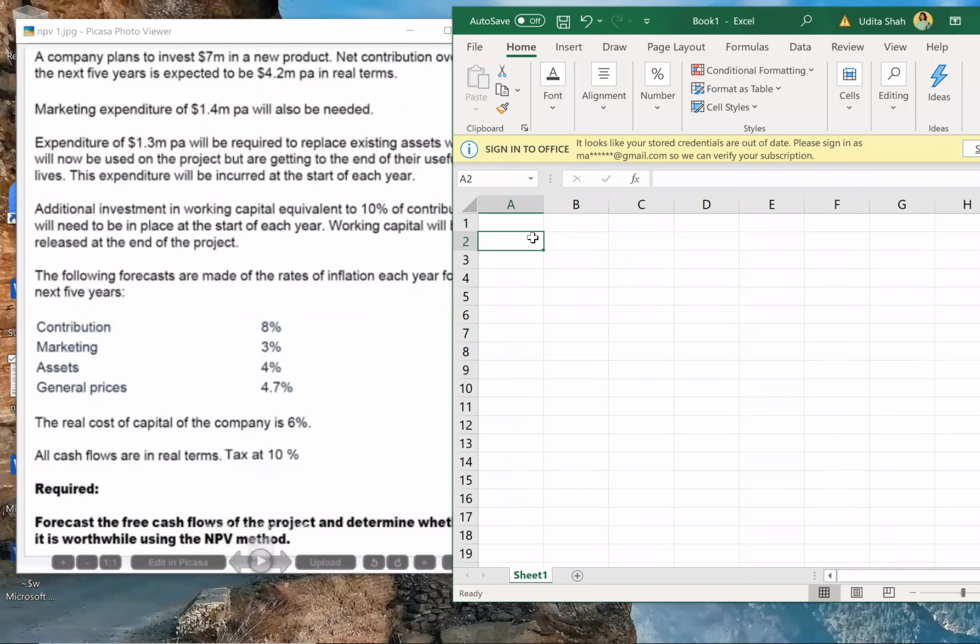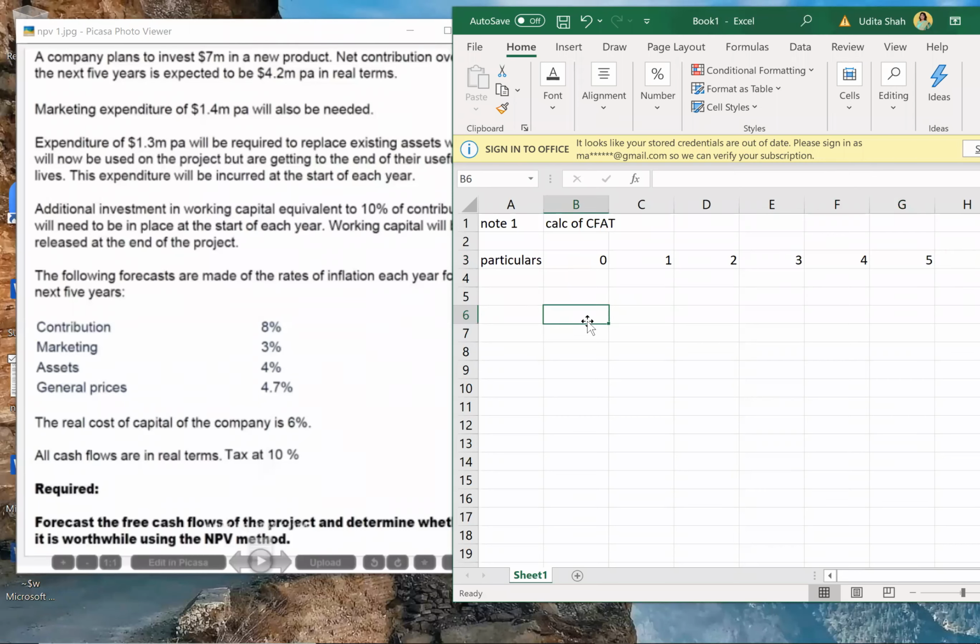Let's start. We will not directly start with your NPV calculation. First we have to calculate CFAT. So write down Note 1: calculation of CFAT. Particulars. Now guys, pay attention. How many years? 1, 2, 3, 4, 5. But since the asset replacement expenditure was at the start of each year, I'll also have to calculate year 0 over here.